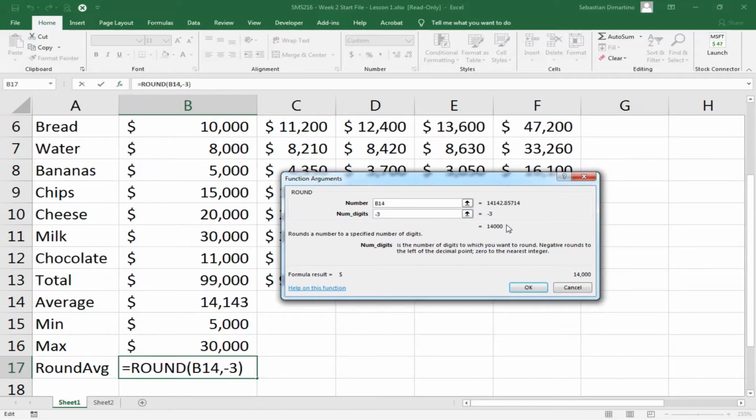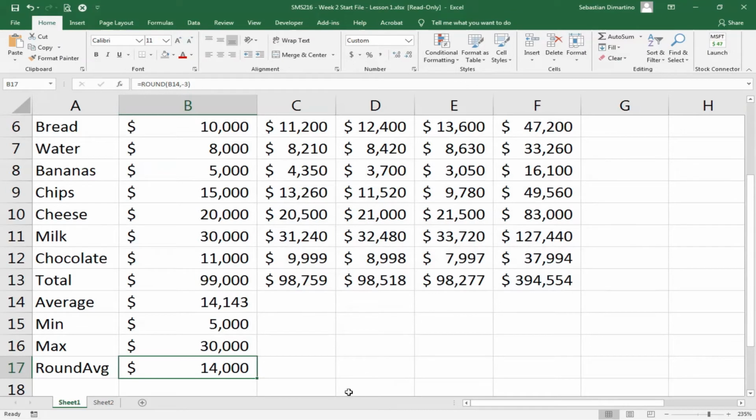And if you take a look at the result, it is saying 14,000. This is how you know you're on the right track. If your formula result looks correct, then you've done something right. So let's click OK to get it to populate. Perfect. So at this point, we've calculated the average, the minimum, the maximum, and we've rounded the average located in